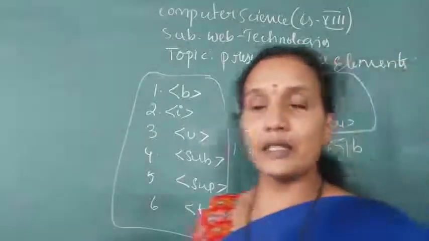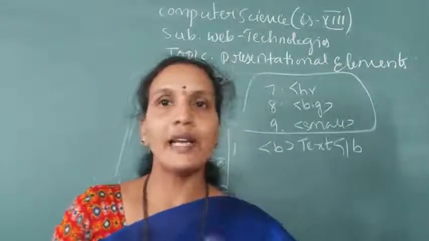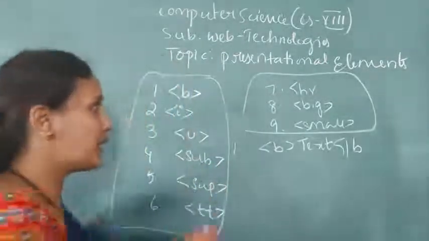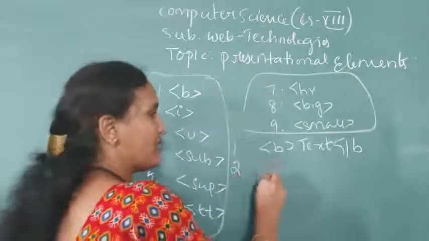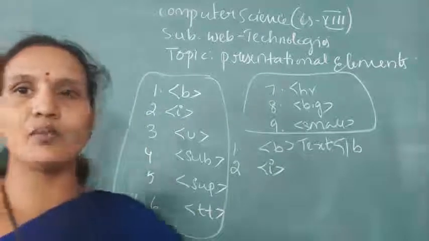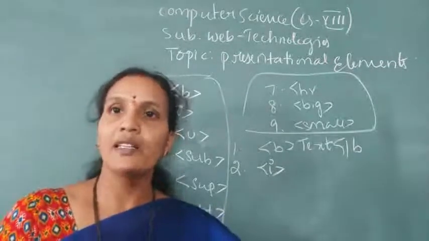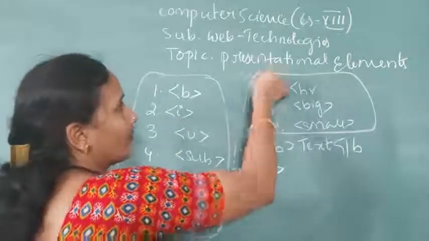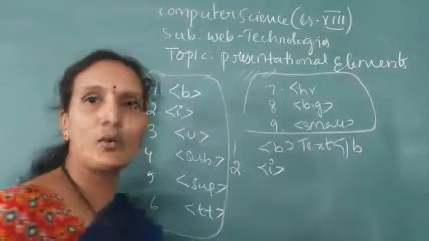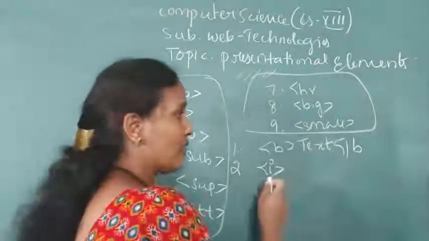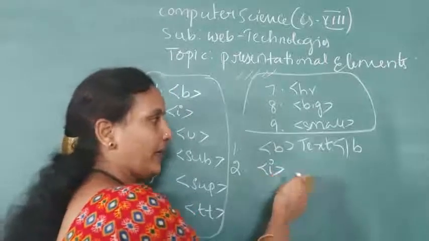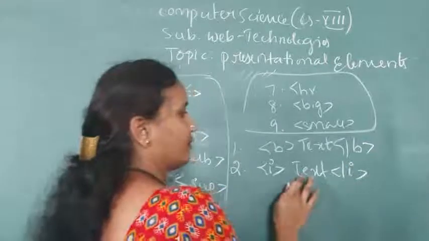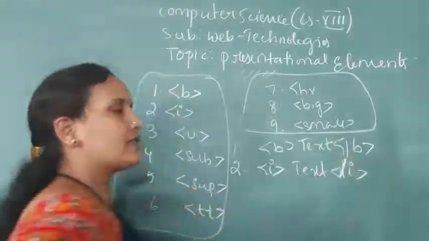What is the use of this? This is used to change the style of the text. What style is it giving? It is displaying text in a bold face. And the second one is I. Here I stands for italic. Italic means whatever characters you are displaying are displayed in a slanting line like this. Whatever text you want to display in italic style, you enclose that text between an I opening and closing tag.